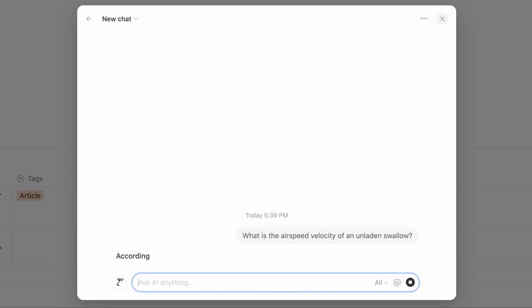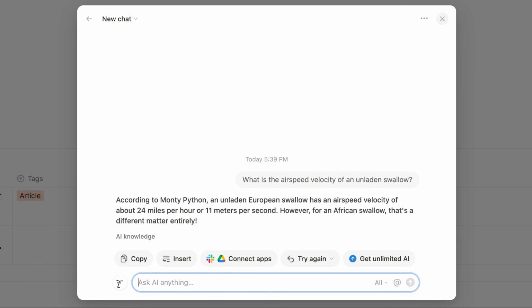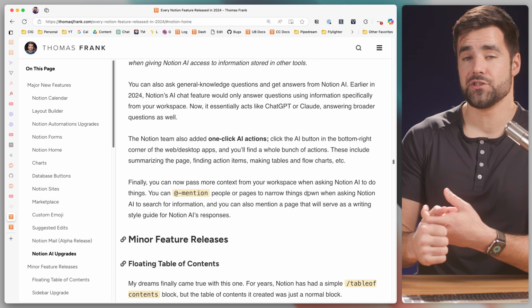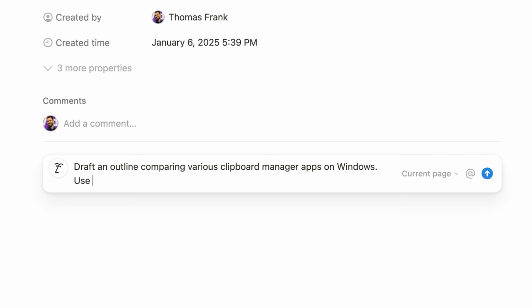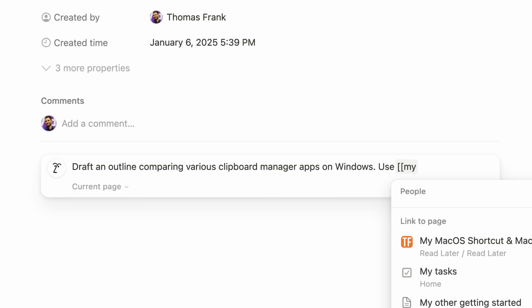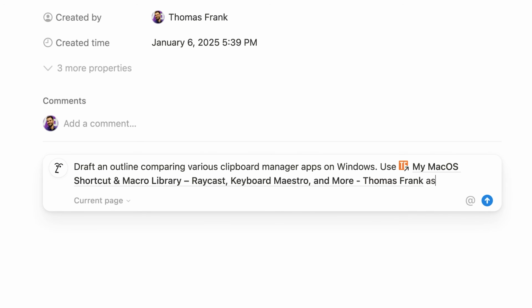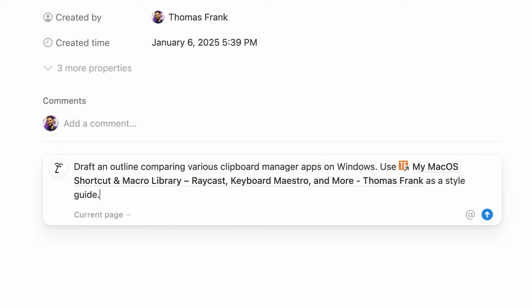We have a general knowledge capability now. We have the ability to @mention people or pages to narrow down searches when the AI is trying to pull information. And last but not least, we can mention specific pages when guiding the model's response in terms of like tone and writing style. So if you have a style guide page, you could be like, hey, make sure you